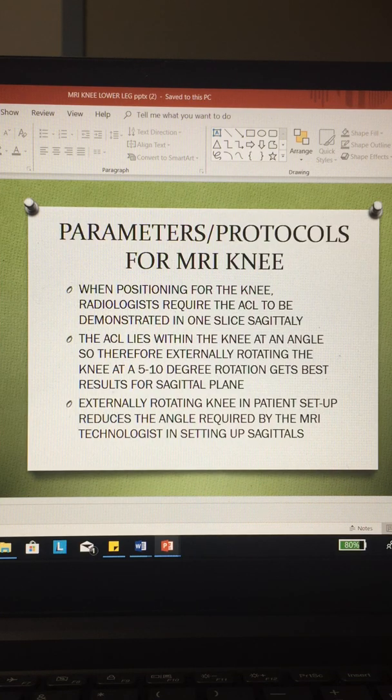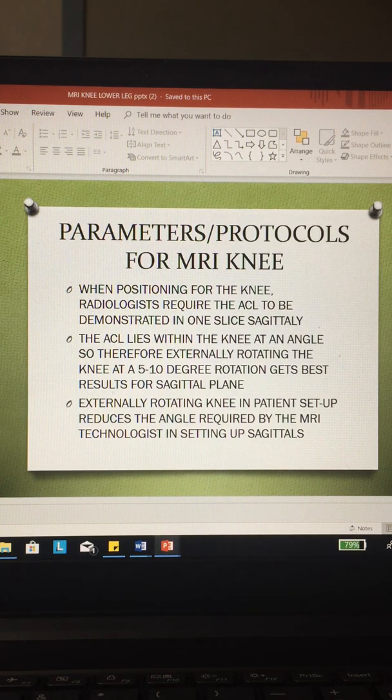Okay, parameters for the knee. When positioning for the knee, basically the radiologist wants to determine where that ACL is at. We want to see that ACL in one slice in that sagittal plane. Again, because the ACL in that right knee will kind of lay in our knee this way, in our left knee, it's going to lay in this way. So we don't position the knee straight. We do about a 5 to 10